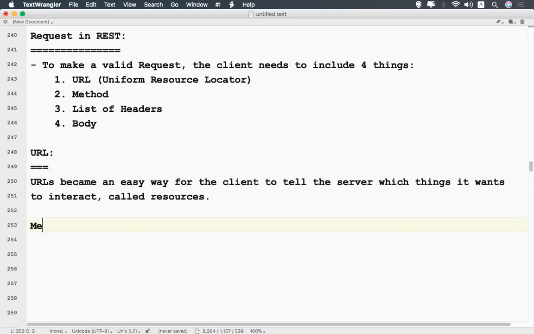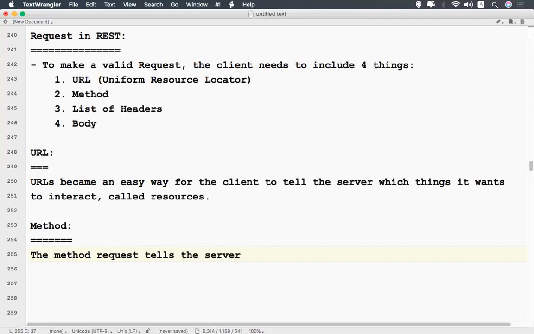Okay, so what do you mean by method? The request method tells the server what kind of action the client wants the server to take.